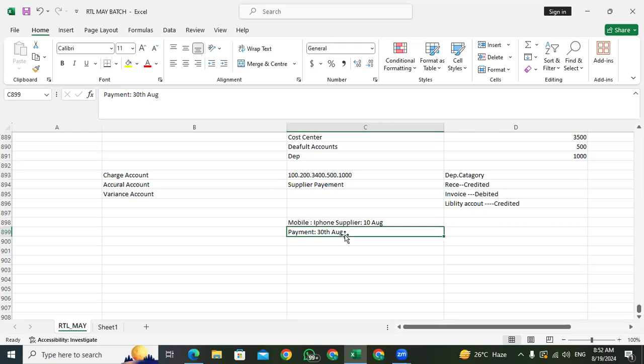Once the 30th August comes, payment will process. Right, now take this scenario. Complete scenario. The mobile item comes into our warehouse or inventory from the iPhone supplier on 10th August. But on 10th August, I am not paying any amount to the supplier. From 10th to 13th,